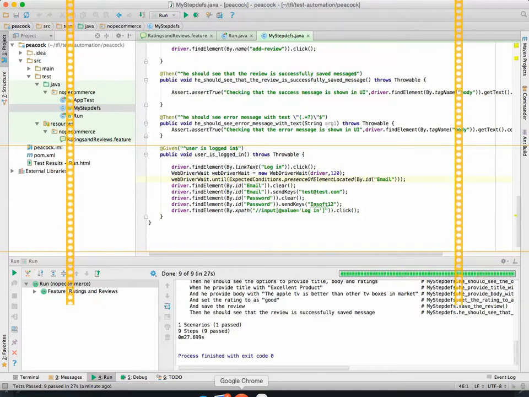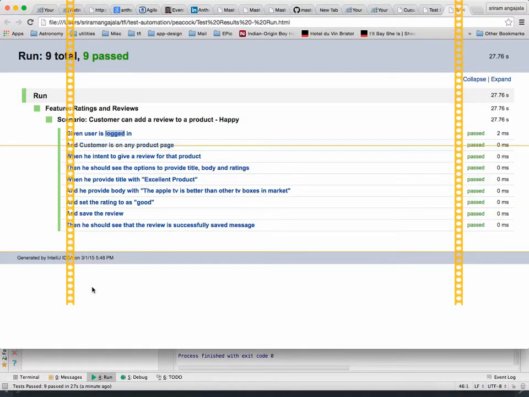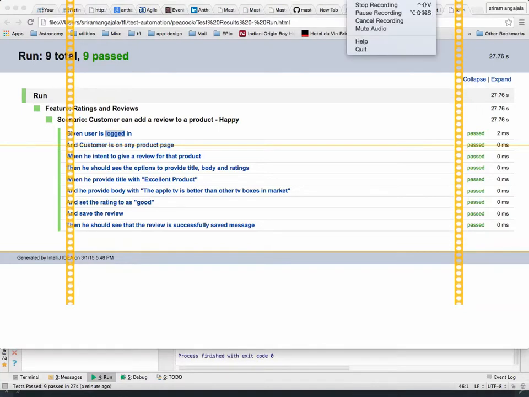But this is the basic. If you don't know this, don't even apply for jobs. If you don't know how to write feature files and implement step definitions, there's no point in doing anything. So whatever we did today is the most important thing. I will send this, and I will upload this on YouTube.